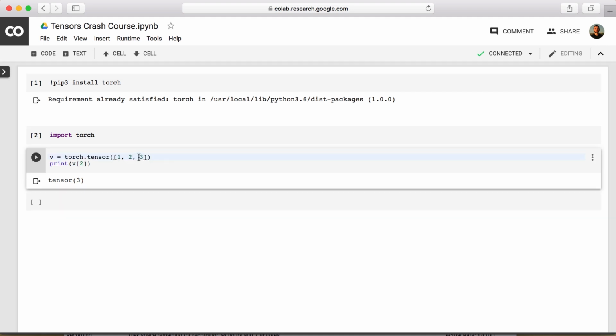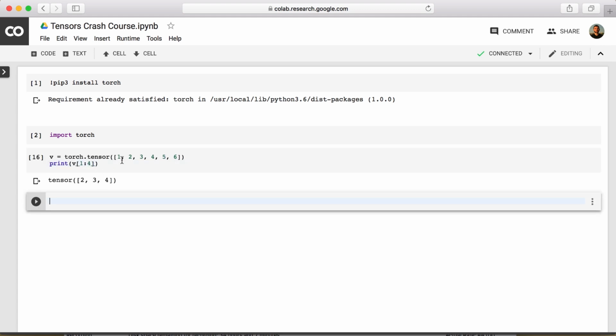Note that there is a more efficient way of specifying a range for a tensor, but for simplicity we'll just keep it as such. And we will add 3 more elements, 4, 5 and 6. And now we will slice from index 1 to index 4, 0, 1, 2, 3, 4. And notice it returns the integers at indices 1, 2, and 3. It does not grab the integer at index 4 since the stop index is exclusive,